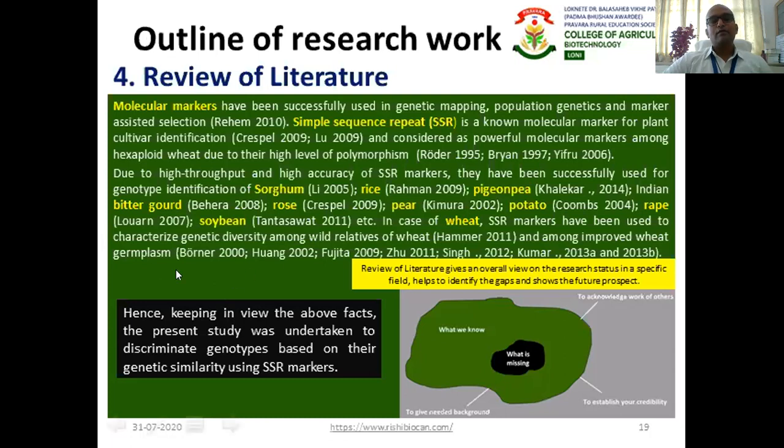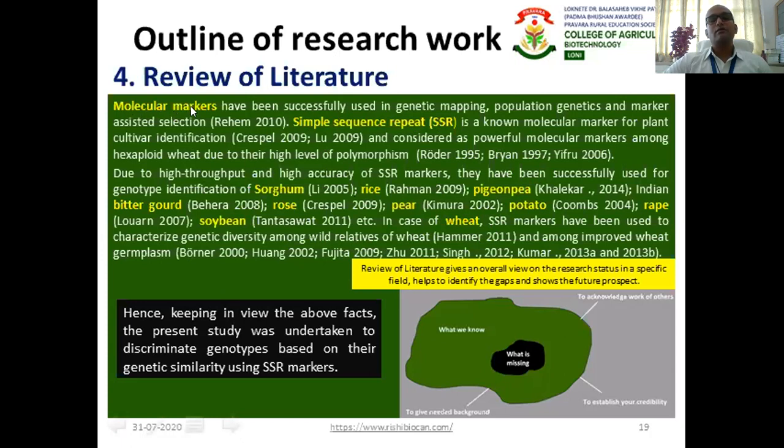So I have given one example of a very good literature review. I have taken this from one research paper. This is a review of literature of DNA fingerprinting using SSR markers in wheat. Let's see how the scientist has written it.